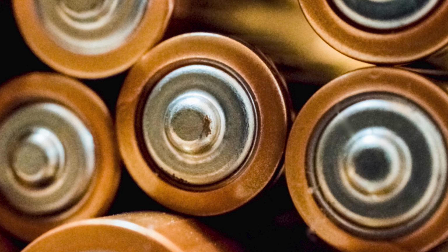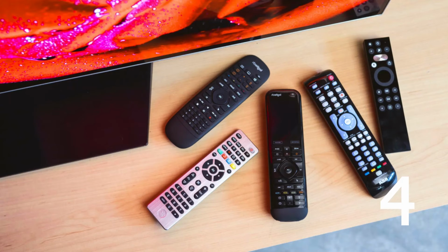If replacing the batteries doesn't work, then the last thing that you can do is just order a replacement remote